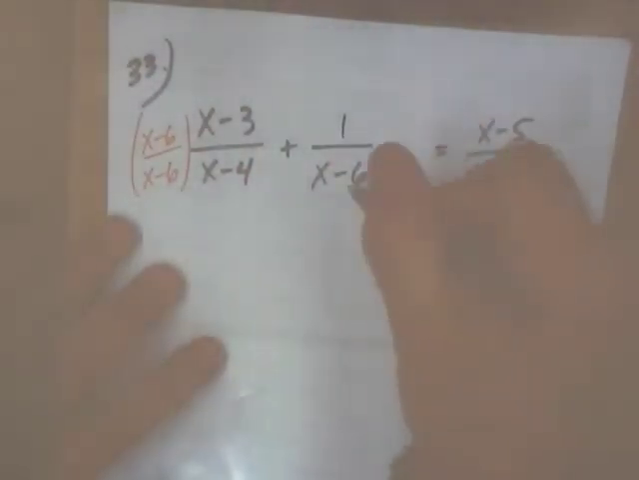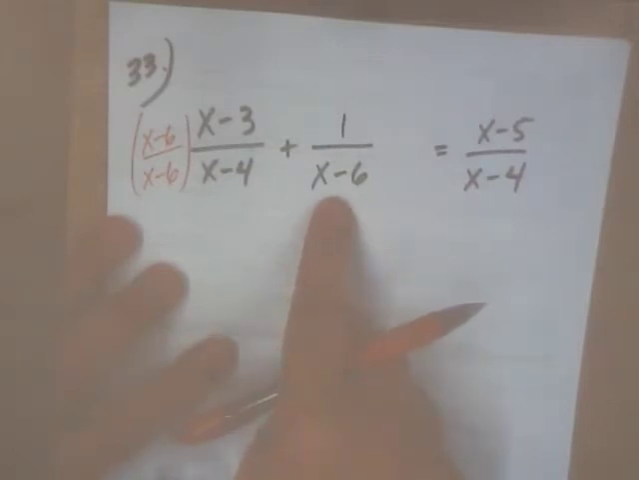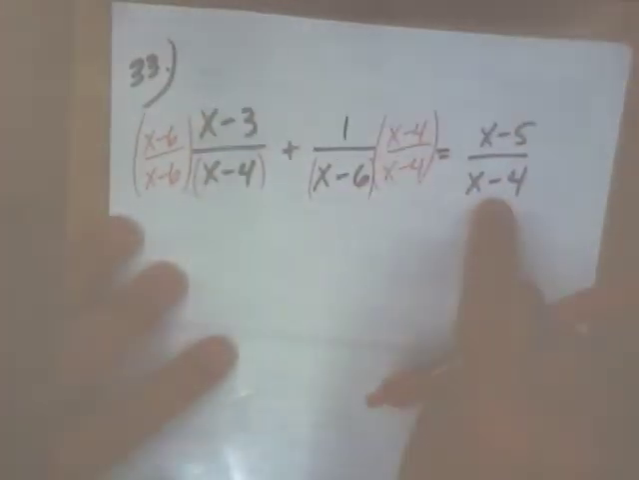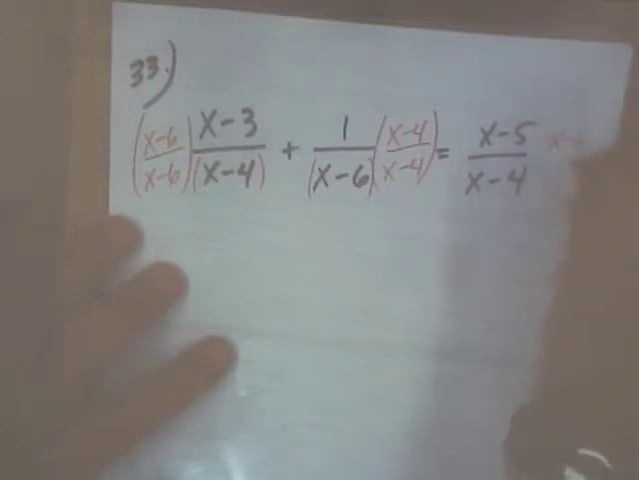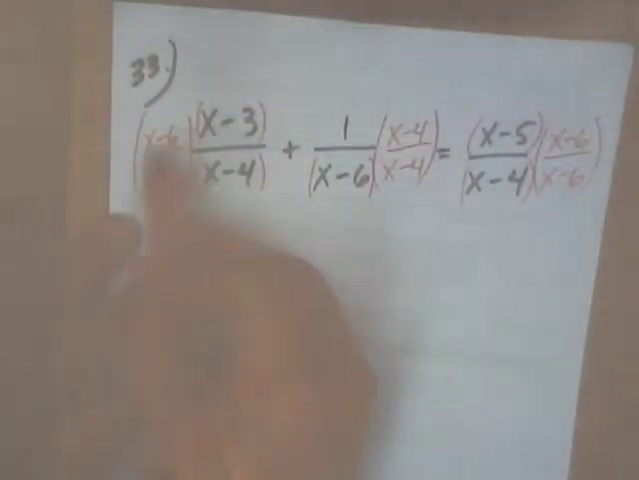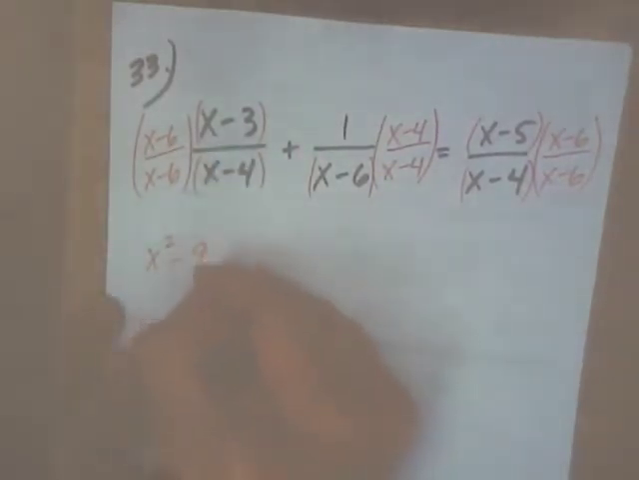Right? What's this one missing that the other two have? Oh, x minus 4. Yes, very good. Okay. And this one's missing an x minus 6. Everybody okay with that? Alright, so up top, if we FOIL this out, we'll have x squared minus 9x plus 18 all over